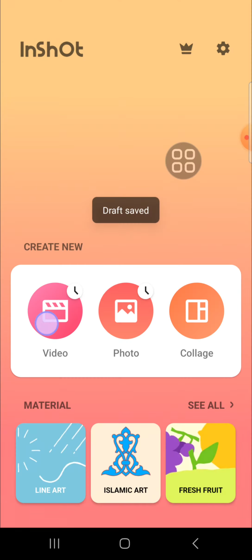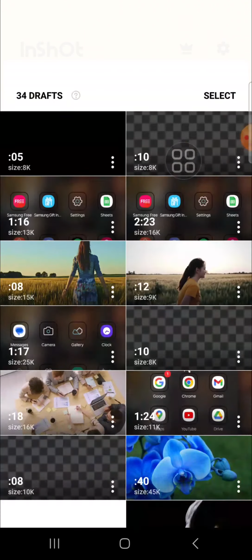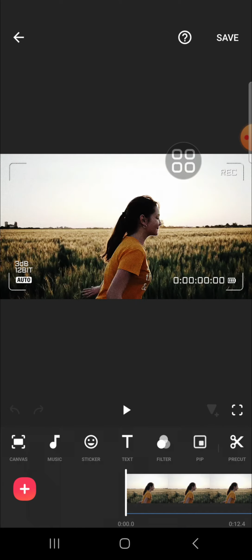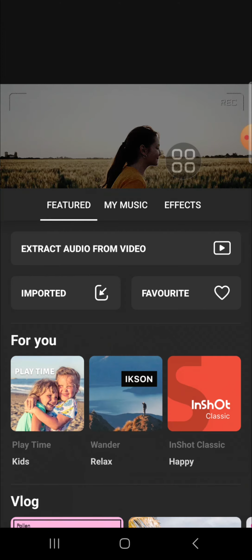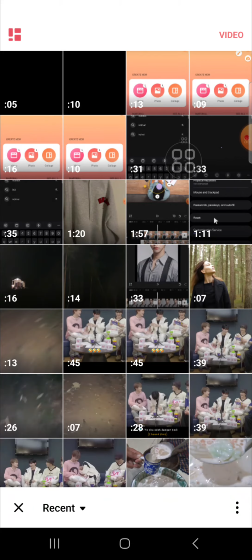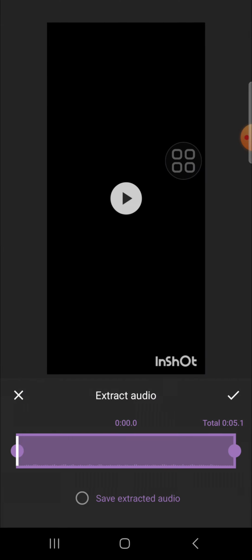Wait guys, okay, and I'm just going to open my draft on InShot, and I'm going to extract the audio. We just need to click on the music option and click on the music option again, and you can click on extract audio from a video. Then we can select the video that we have, just made faster. Okay,